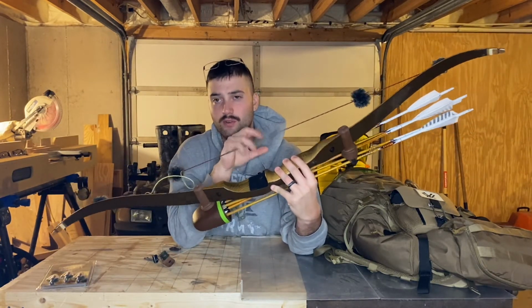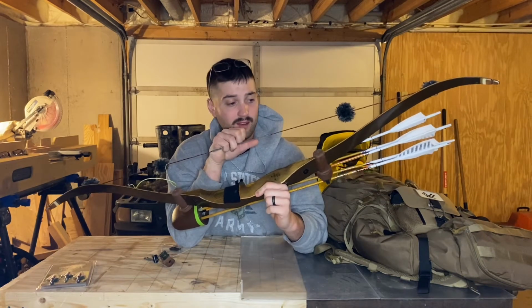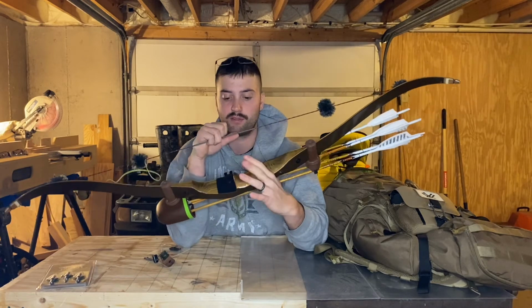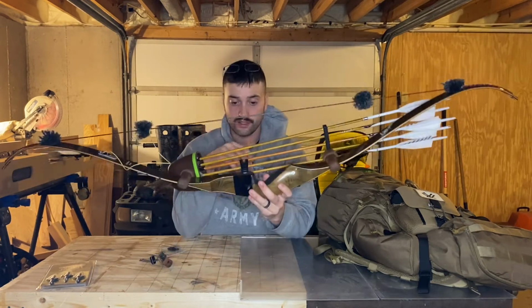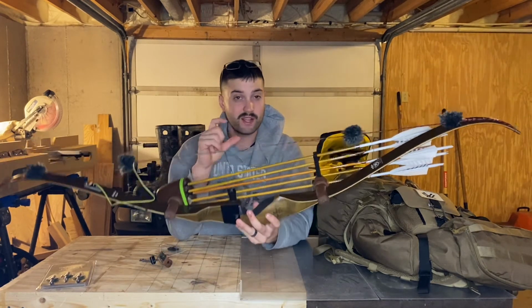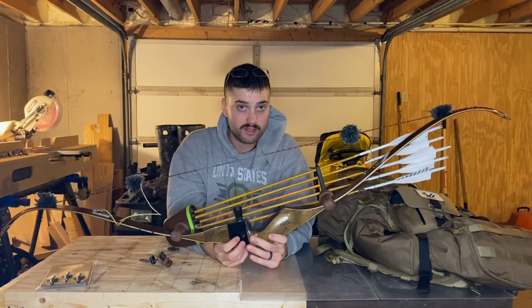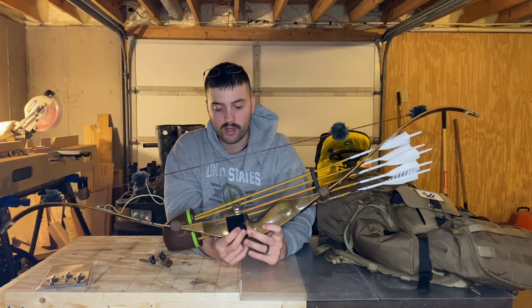I shot off the shelf for a long time, and even up until really the past couple weeks, I shot off the shelf until I made this change. A little bit of theory and science as to why I decided to do this, not only to have a more minimal contact point, but